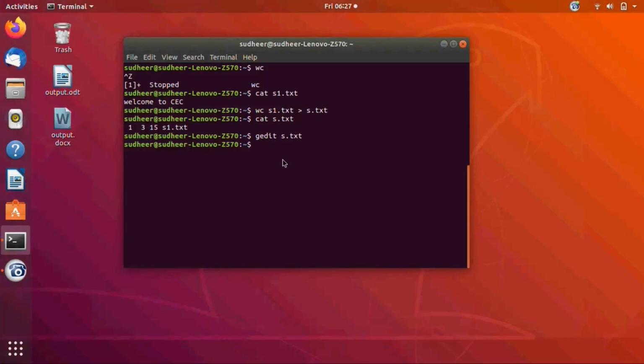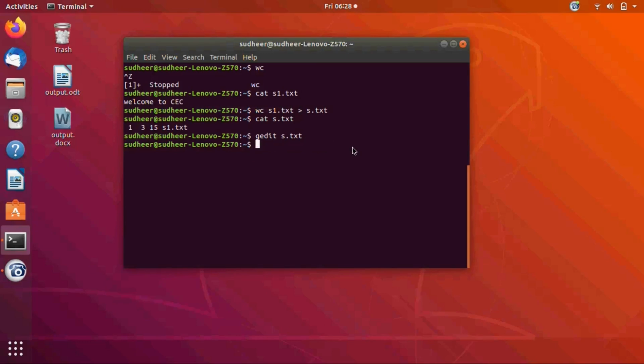In standard output there is one more redirection symbol, that is the 2 greater than symbol. Let us see the difference here.